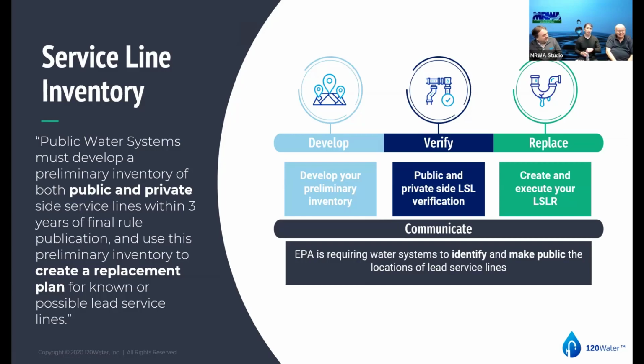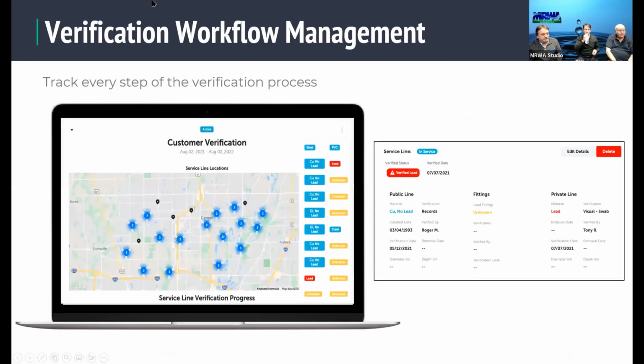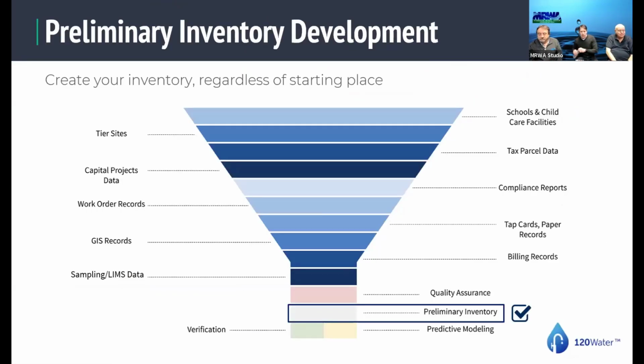So when you're talking about putting together your initial inventory, as has been discussed with the whole 2 hours of DNR, put in every record that you have, no matter what format you're going to use. So your billing records, that's been talked about a lot. That's going to be your location identifiers. Any tap cards, paper records, anything that you have is going to count. I don't think that was emphasized enough. Yeah. But if you go back and read the EPA's guidelines, they're going to take about anything.